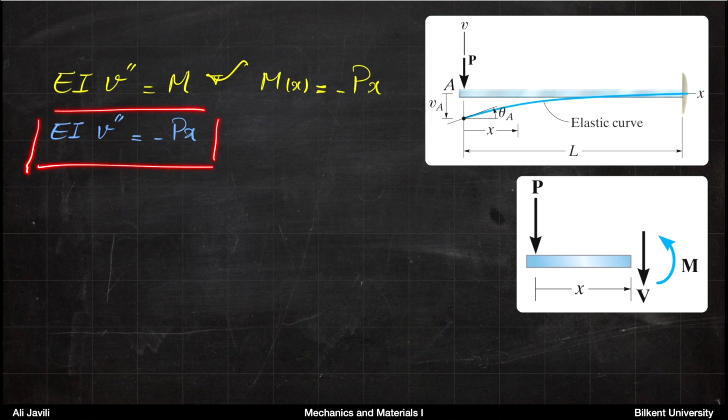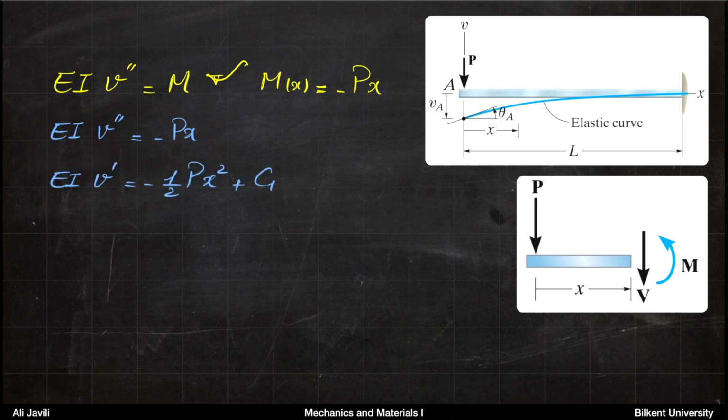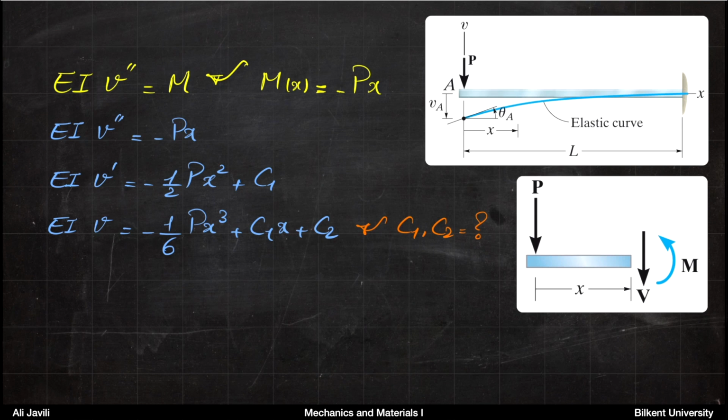Now, this is all you have to work with. You have the second derivative of deflection as a function of x. All you need to do is integrate once to get the angle, or v prime. Then you integrate twice to get the deflection function v itself. As you can see, you have two unknowns, C1 and C2, but you can calculate them using the boundary